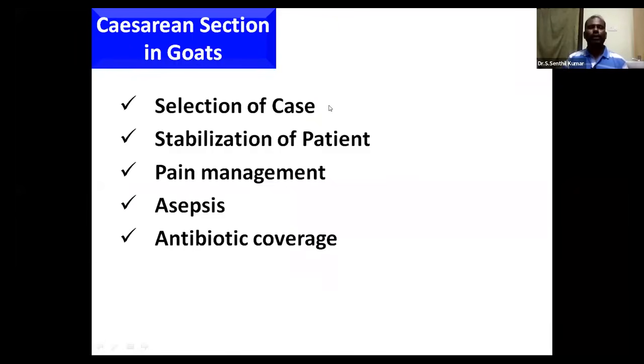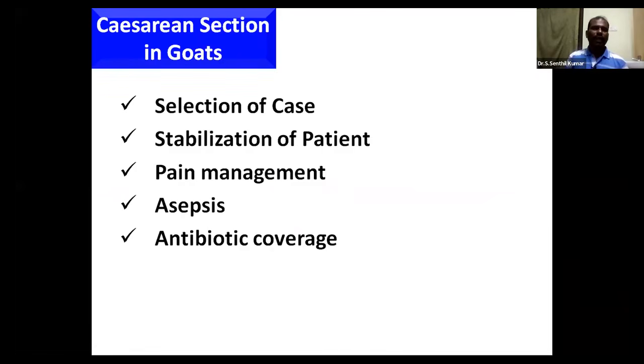So, if your clinical examination and your physical examination are convincing, and if the patient is fit for the major surgical intervention of cesarean section, definitely the case can be selected and you can subject the patient to deliver the fetus through cesarean section. And always stabilize the patient,